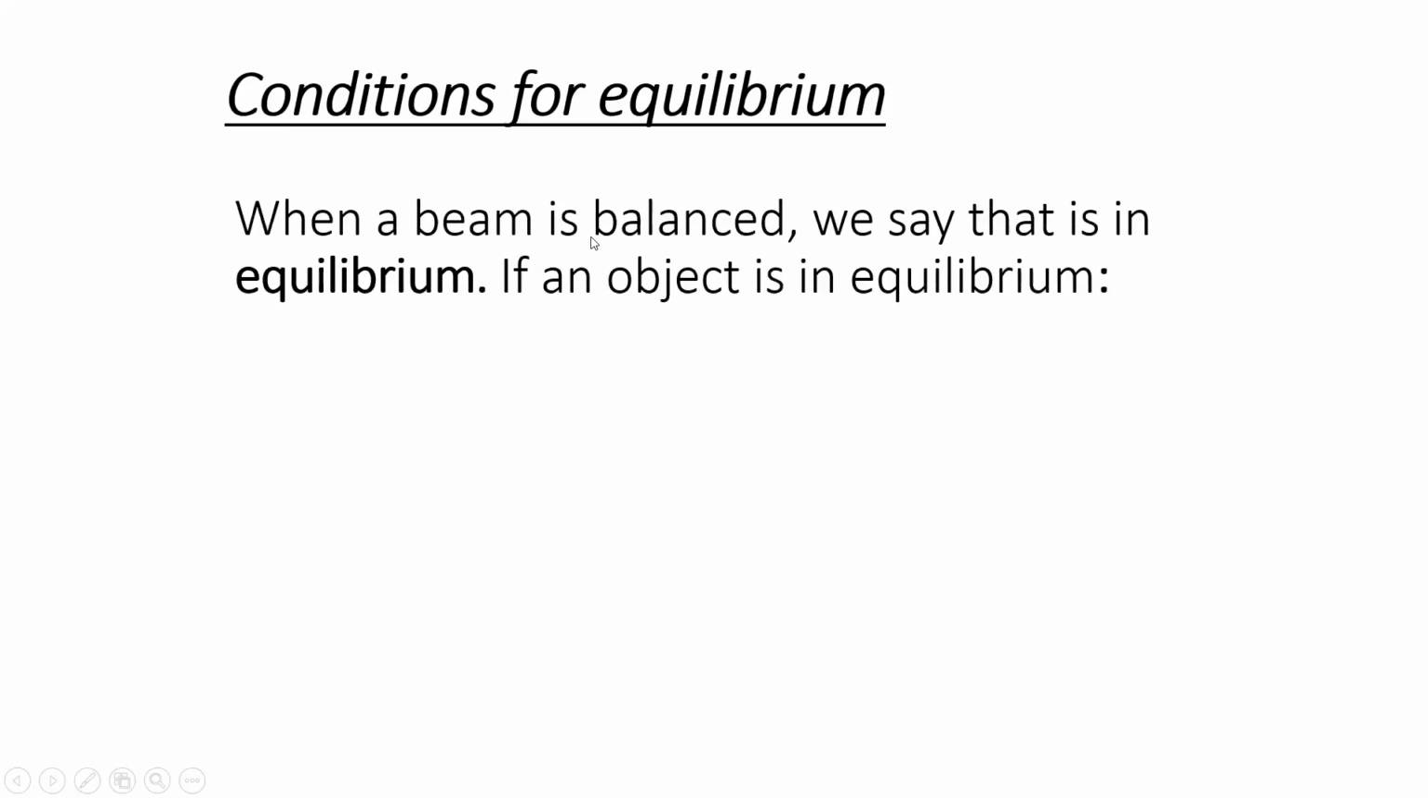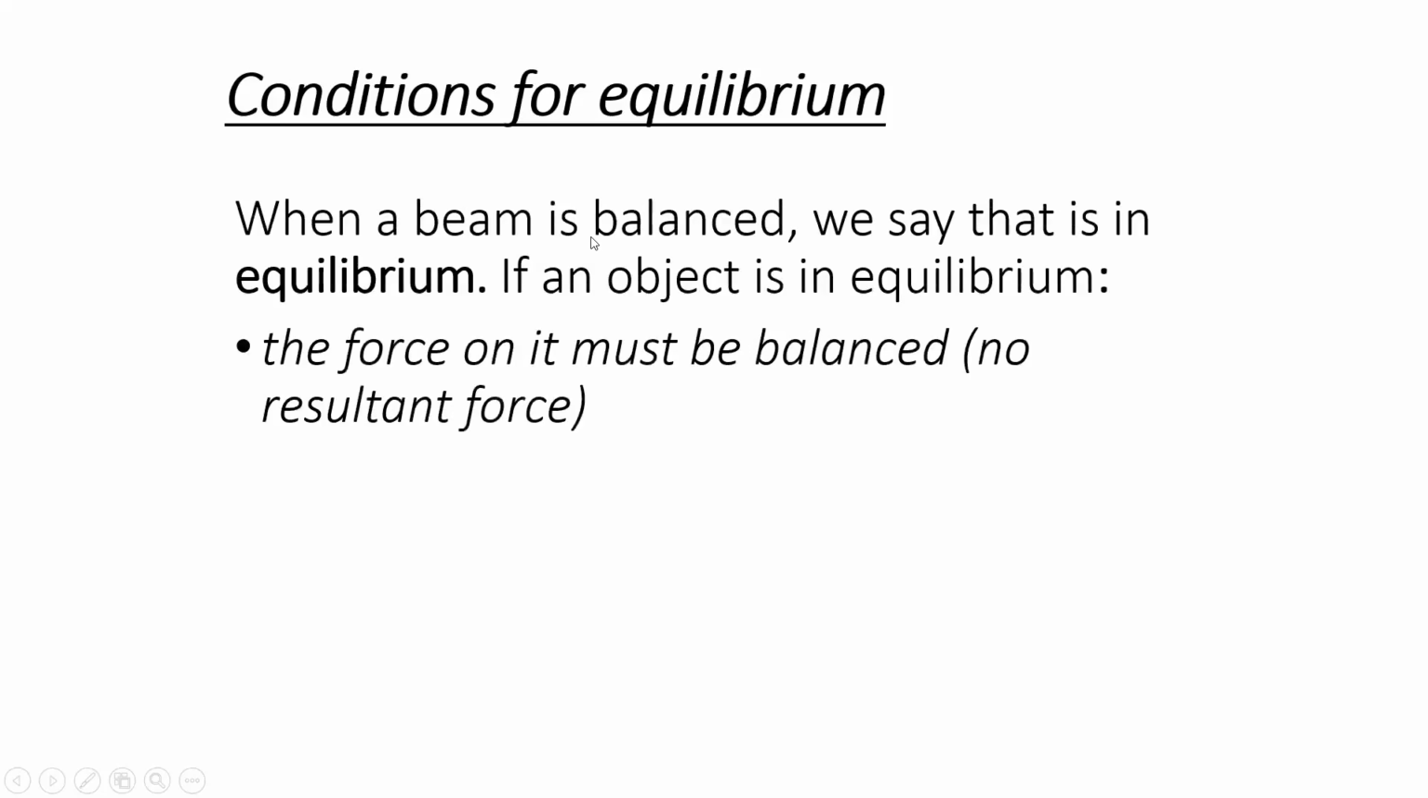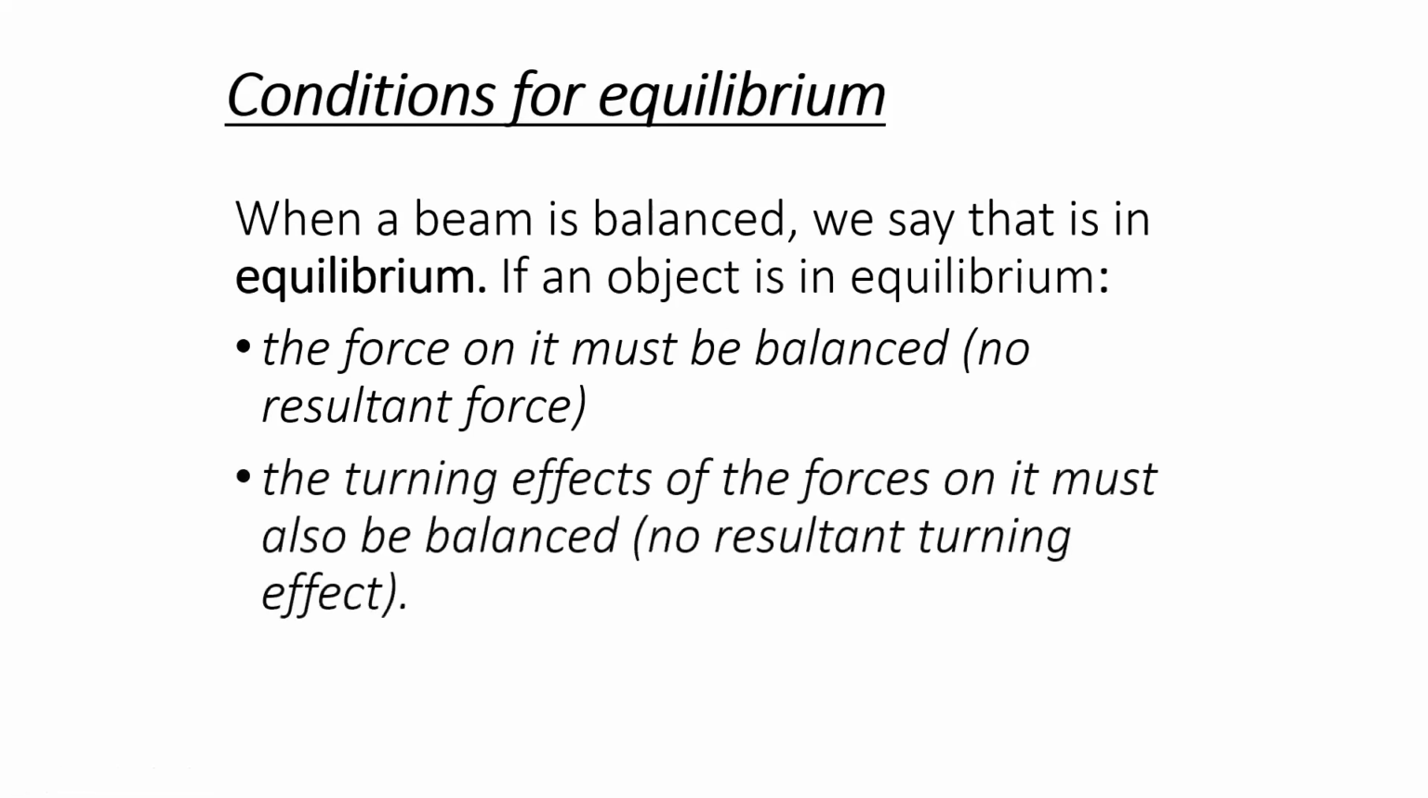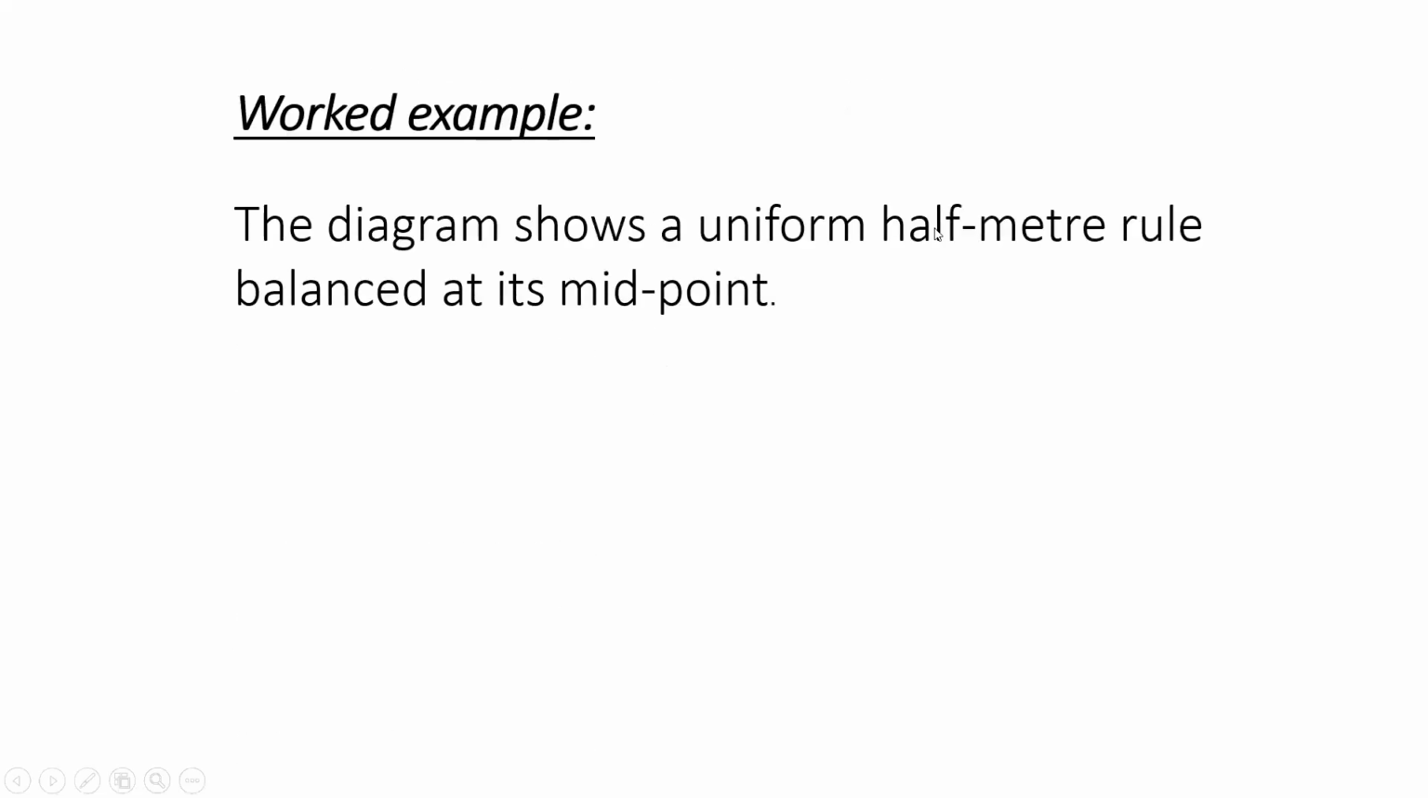What are the conditions for an object to be in equilibrium? The two conditions are there. When an object is in equilibrium or balance, number one, there should be no resultant force. And number two, there should be no resultant moment, or we can also say the clockwise moment must be equal to the anti-clockwise moment. Example, the diagram shows a uniform